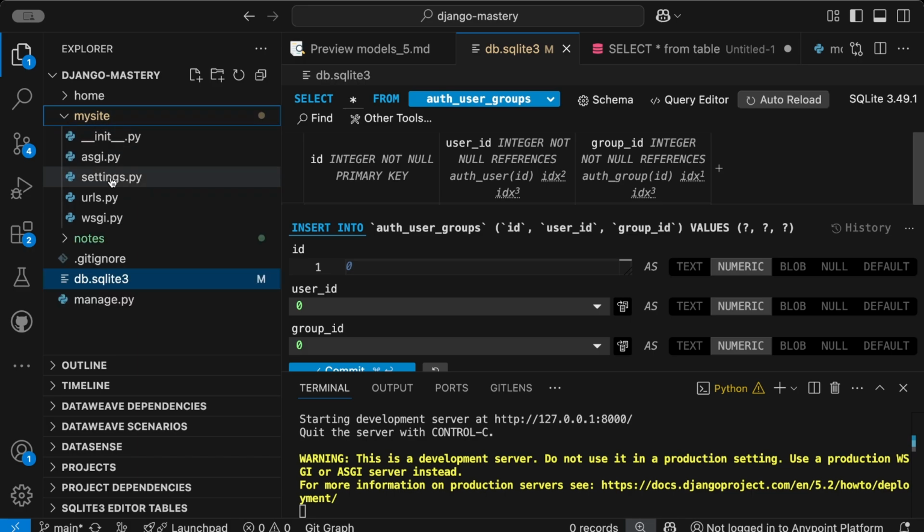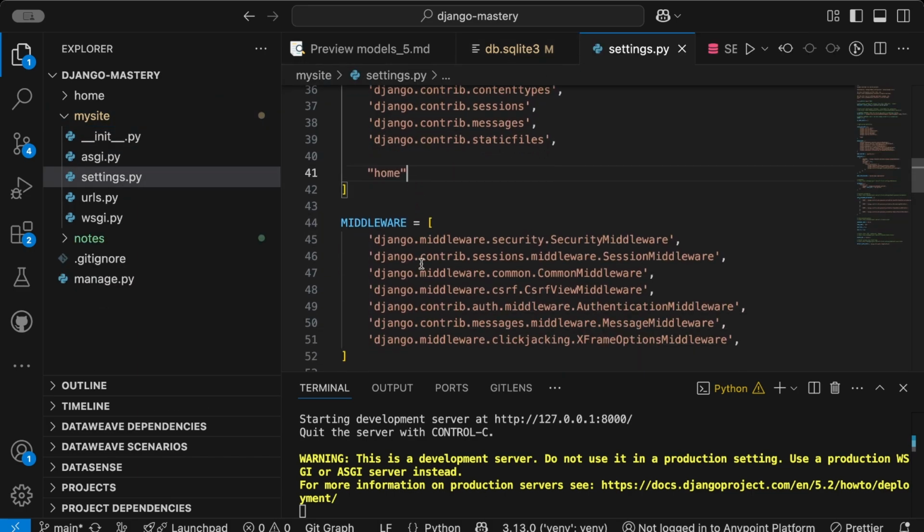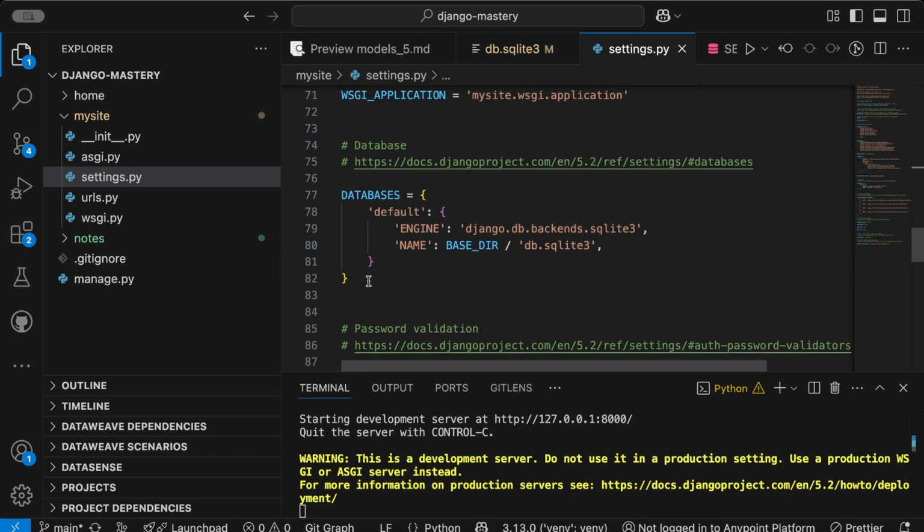Go to the mysite folder, go to your settings.py file. In the settings.py file, if you go down, you will see something like this. This is the current database configuration we have for our project. There is a variable DATABASES and the value is a dictionary, in which the default database is the key and this is the value. In the value, we need to tell what the engine is. The engine is